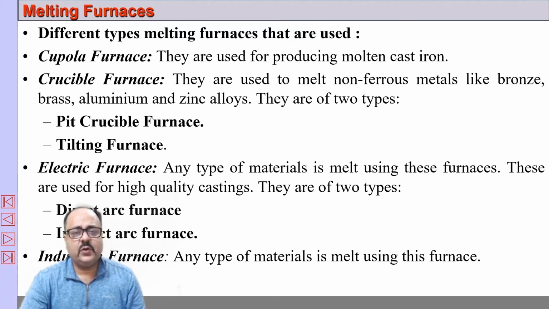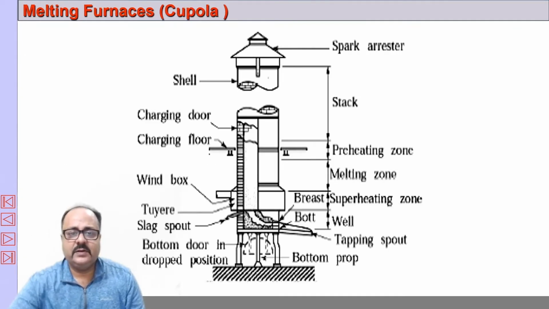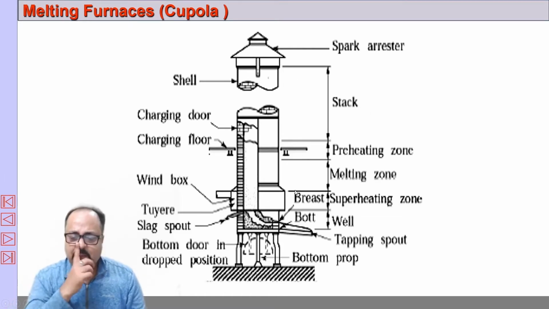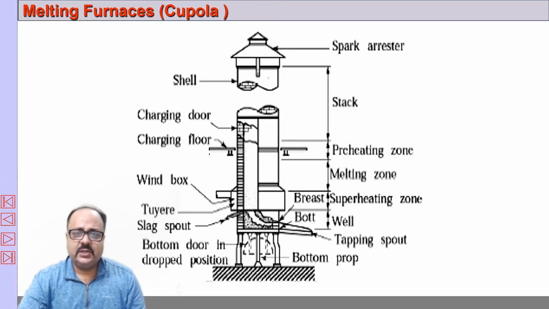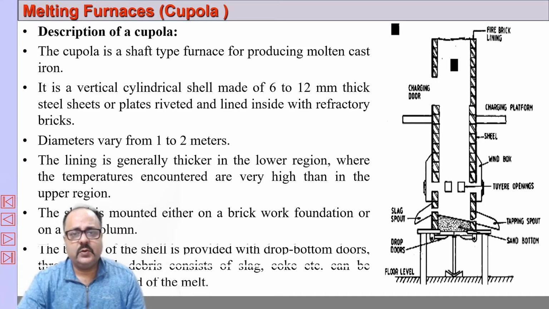So let's start with the cupola furnace. We'll discuss the cupola furnace in a little bit of detail because many syllabi still include cupola furnaces. So let's start. This is what a cupola furnace looks like. It's basically a tower structure made of steel sheets, normally varying from around 6 mm to around 12 mm in thickness,